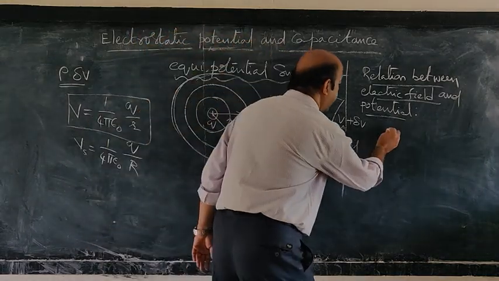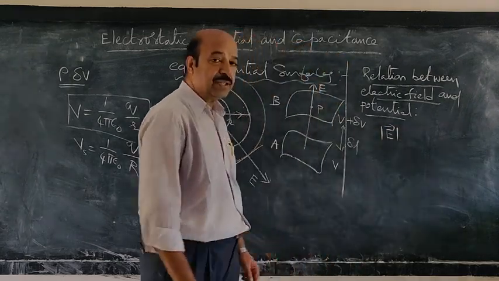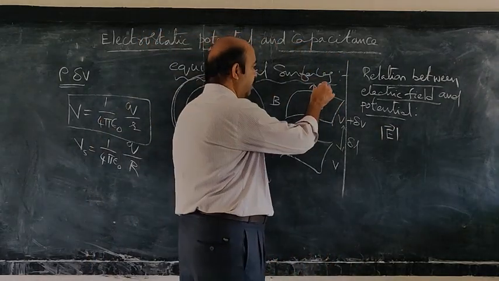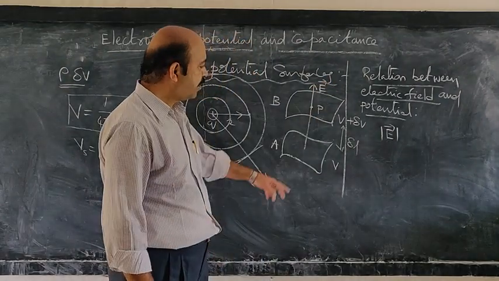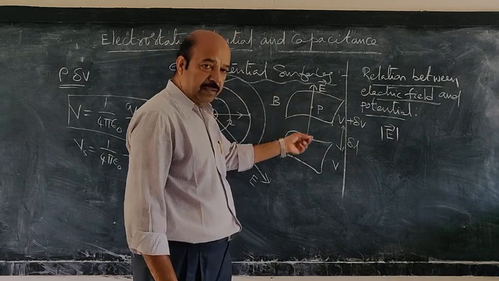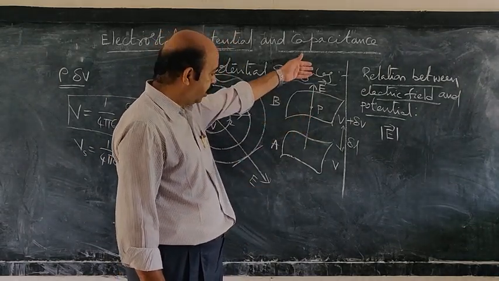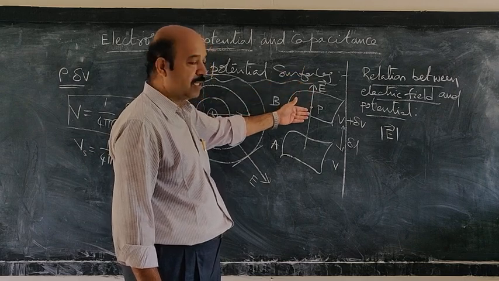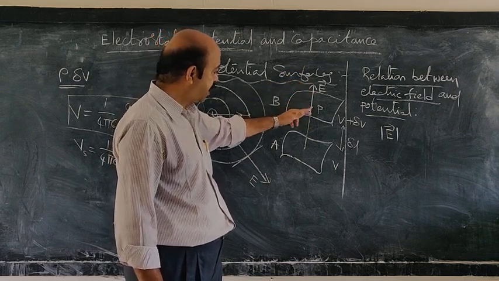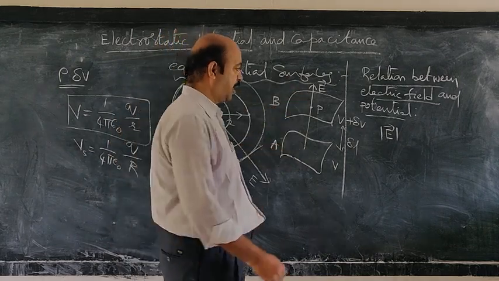Therefore, if E bar modulus, that is the magnitude of the electric field at this point P, then to move the test charge, that is positive charge, in the direction opposite to this electric field from surface B to surface A along the normal direction,